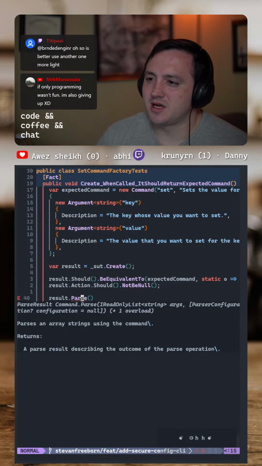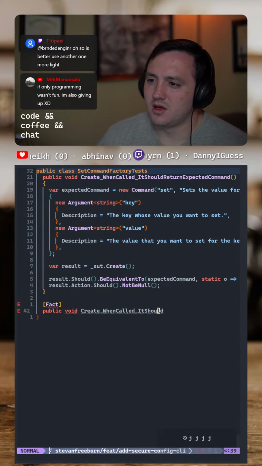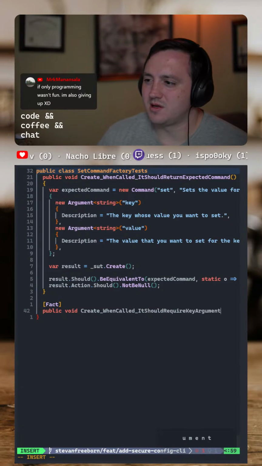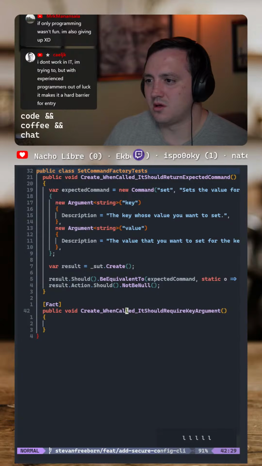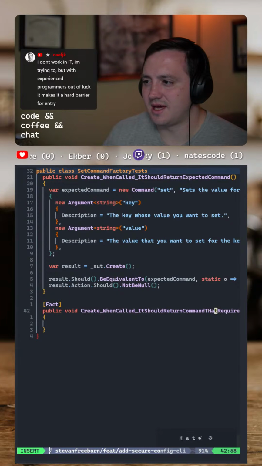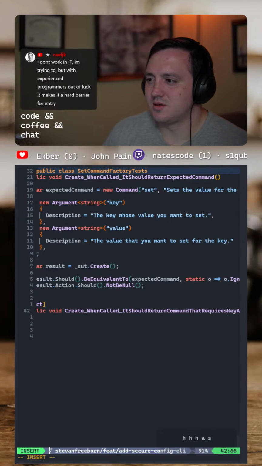So then the question becomes, let's see, create when called. It should require key argument. It should return command that requires